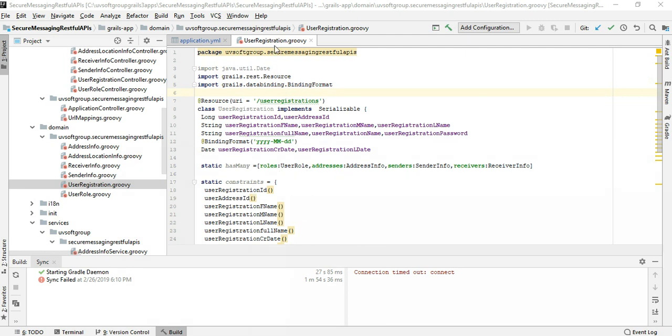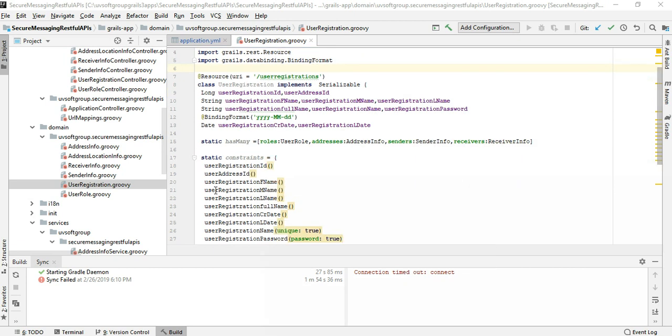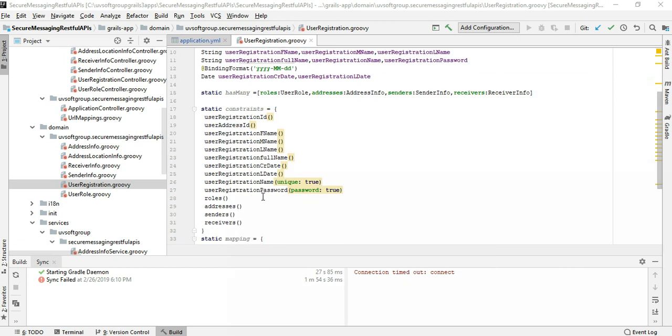That means you see the user registration has many relations: one to many related user roles, address information, sender information and receiver information. So here is the necessary constraint. If you add any constraint, because every entry needs one, here is the setup constraint, or you can put more constraints in